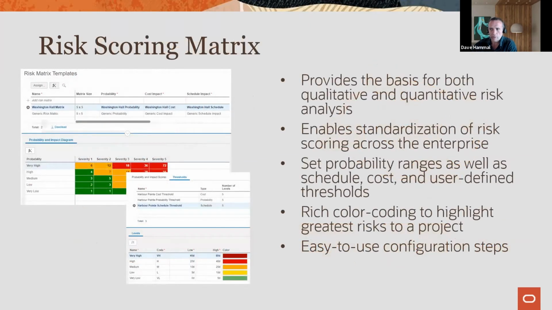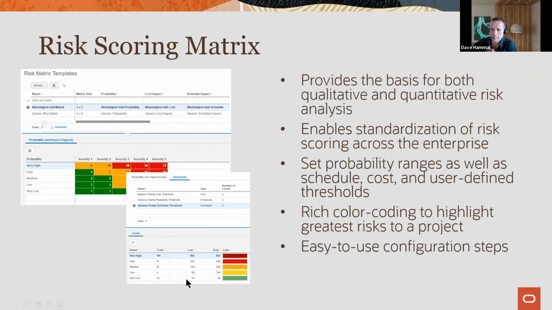We've got a way that allows you to score your risks. So this risk scoring matrix is used for both qualitative and can be the starting point of your quantitative risk analysis, helps you to standardize. So you can set your particular thresholds. So you can see the probability threshold, schedule threshold down here,